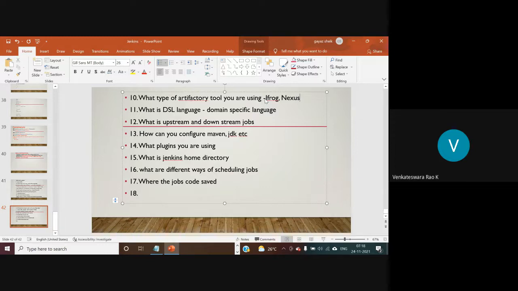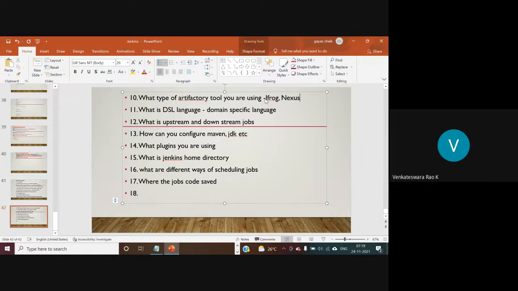Because we are going to get different versions of artifacts. We are not getting only a single version. Developers are going to push different versions, and for every version we are going to perform a build operation, and for every build operation we are going to get separate artifacts, separate jar and war files. So to maintain all these versions of artifacts, we need remote repositories like JFrog and Nexus. JFrog and Nexus are the private repositories where we can store our artifacts.